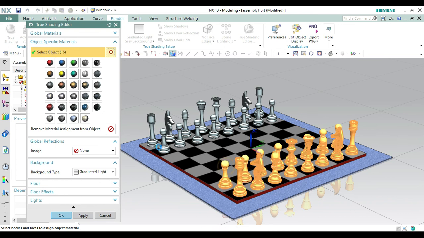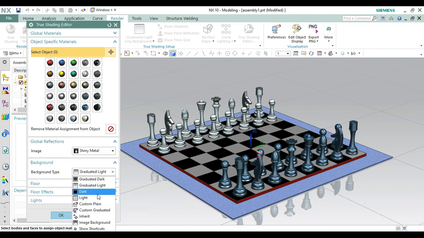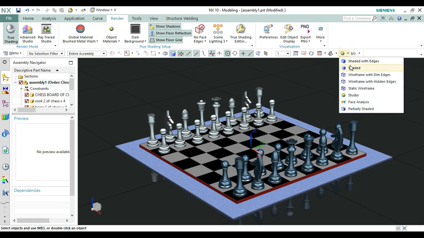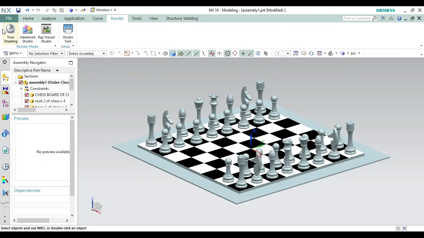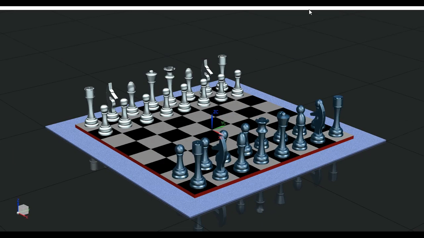So let's select this one and change the color to blue like this one and make it okay. From here let's change the color to shiny metal, so it will be something like this one, make it, just a second, let's make it dark, make it okay. And then in the next video we're going to study the ray trace studio. Okay, so from here make it to this one, not this. Okay, so here we have gone with the rendering. So from here you can see the chess assembly has been created. Thank you.